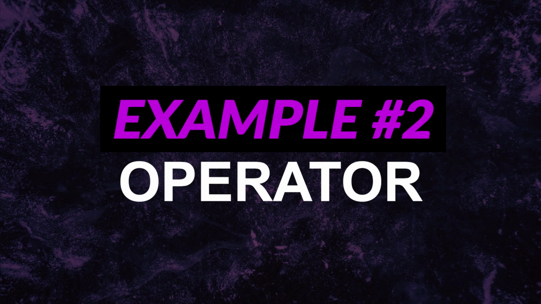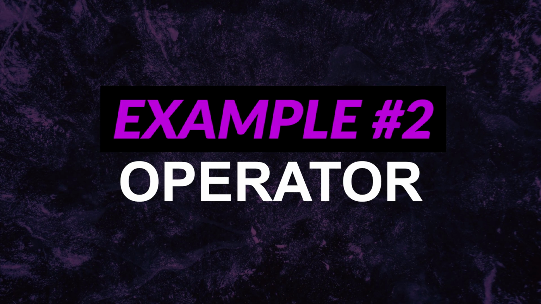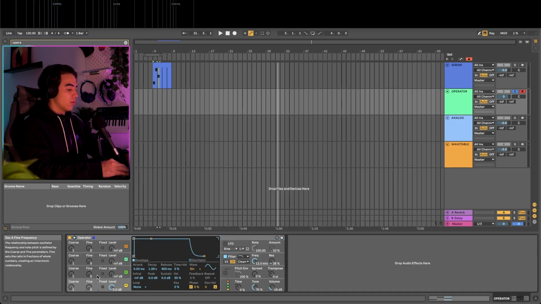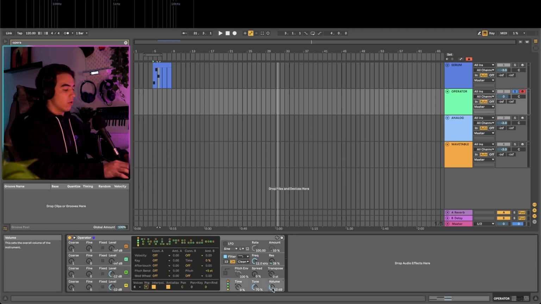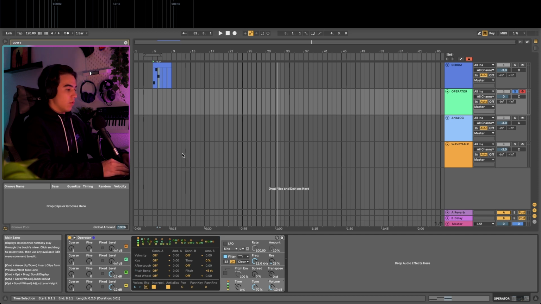Now we're going to apply the same principles and do it in Ableton's stock plugin, Operator. First thing you want to do is make sure you have two oscillators enabled. So let's just turn up the volume on oscillator B. I'm going to put both of them at -12 dB and the master volume at -12. Now if we play a note,